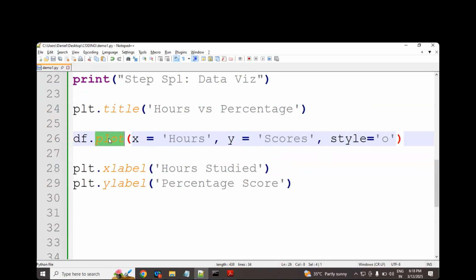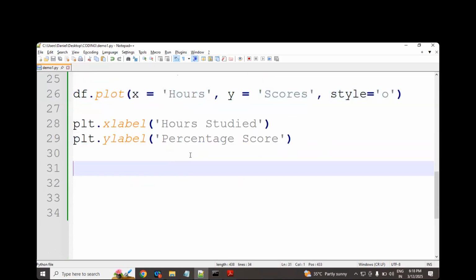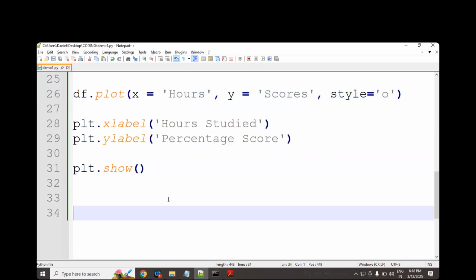Let me tell you one small point. Plot, generally, is a function in matplotlib. But in a data frame, there is a method. Method name is plot. That's the power actually. By using data frame, we are plotting the data, right? And X equals hours, Y equals score. From the data frame, it will take this column and keep it on X-axis. From the data frame, it will take scores and plot on Y-axis. That's a beauty. Did you understand, sir? Good. Now you can apply PLT dot what exactly? Show. Sir, let us start the show.